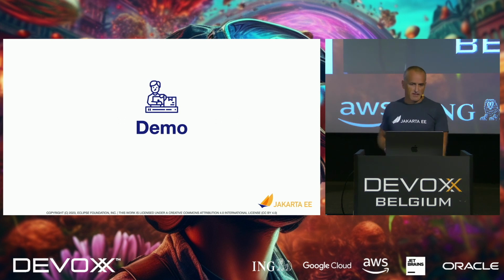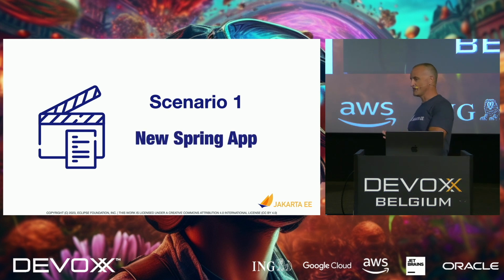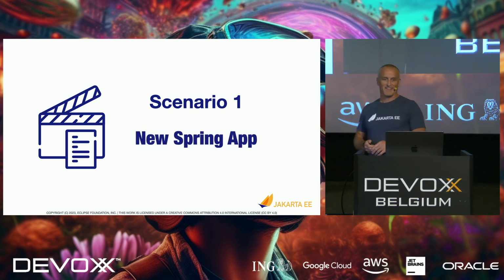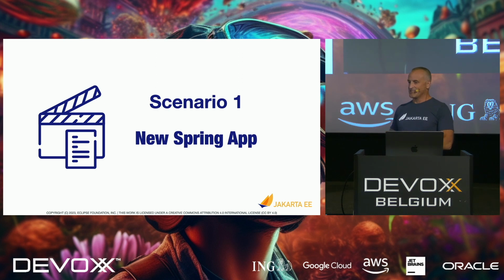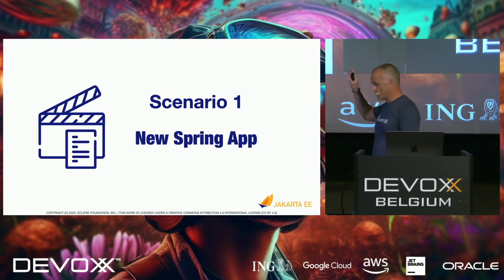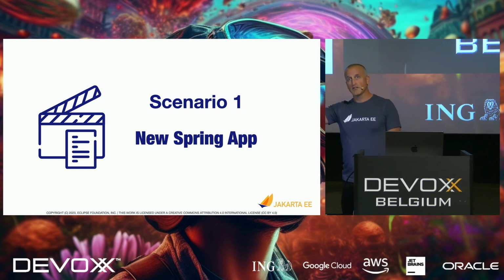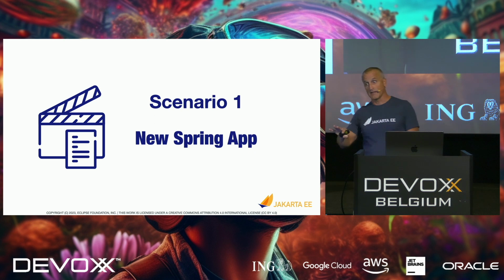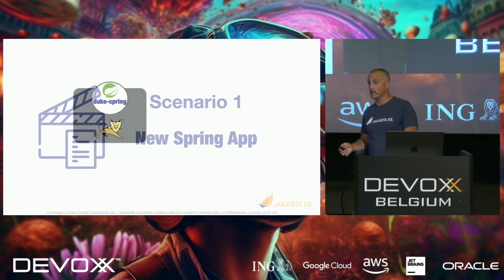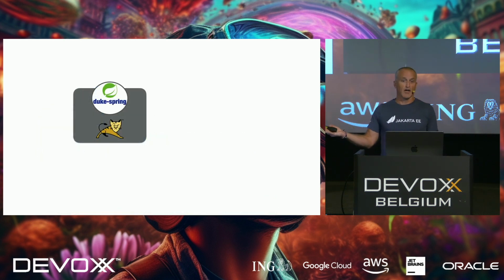That's enough with the slides for now. Let's do some demos. And the first demo is actually a slide demo, so I'm not entirely true there. But let's say you're creating a brand new Spring app. I'm just using the Spring Initializr, and I'm creating it. I'll use Spring Boot, but I'll choose the war option. You can still do that. And I want to deploy it in the Tomcat I have running